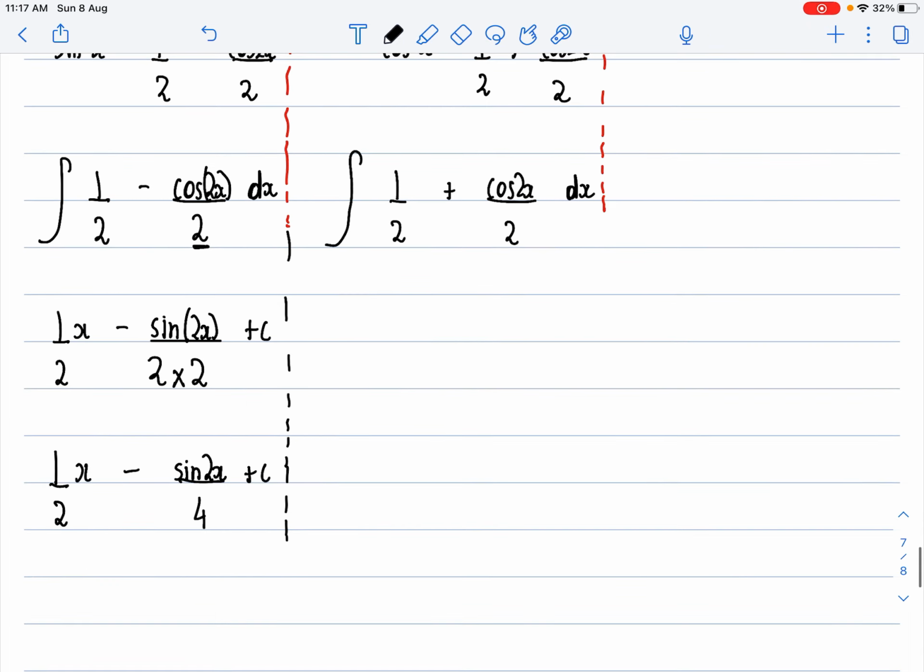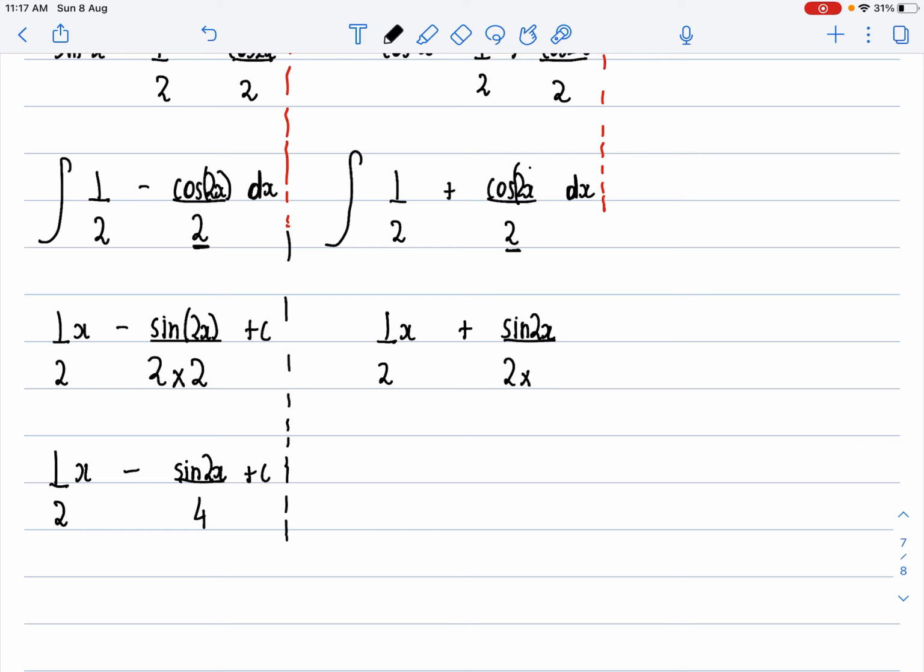Now what is the integration of 1 over 2? It's simply 1 over 2x plus, what is the integration of cos? It's simply sine. So I write sine 2x divided by, there's the pre-existing 2, which will be multiplied by the